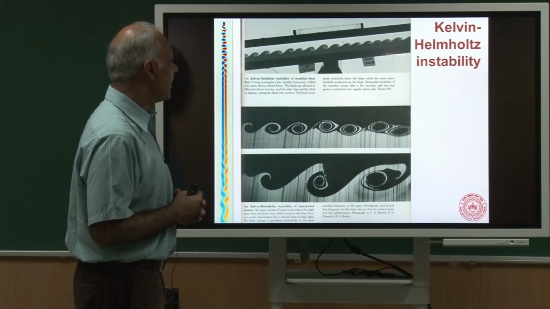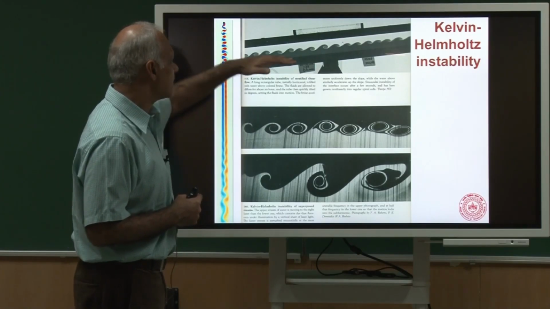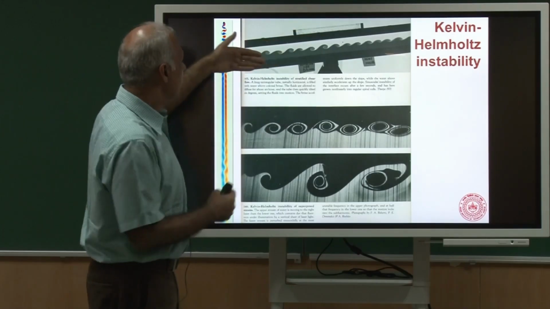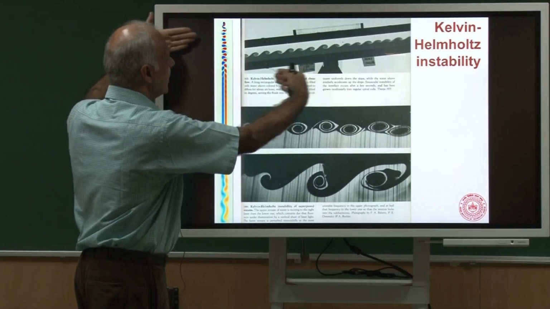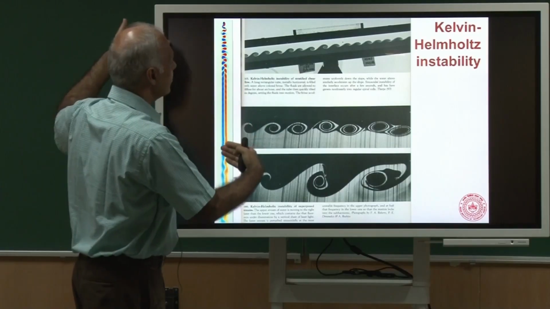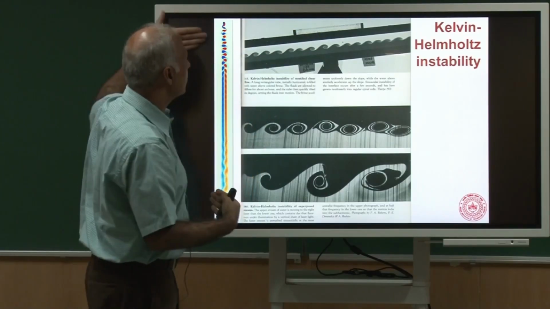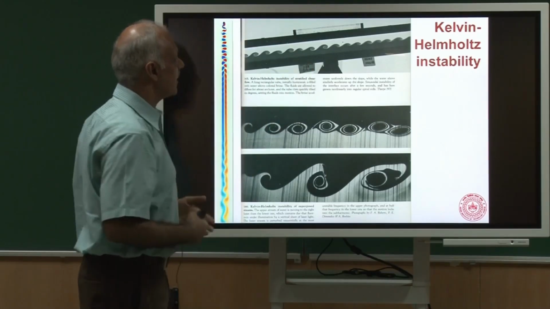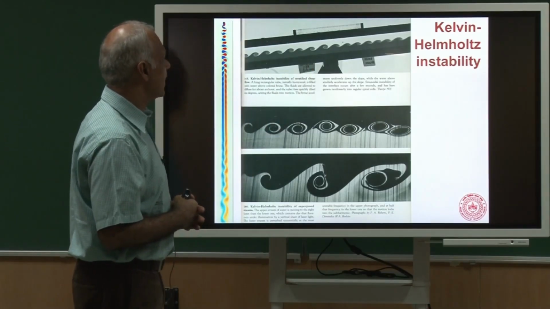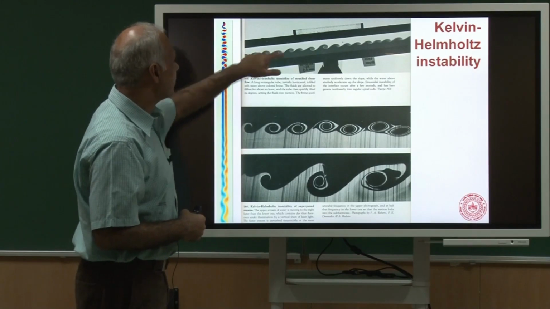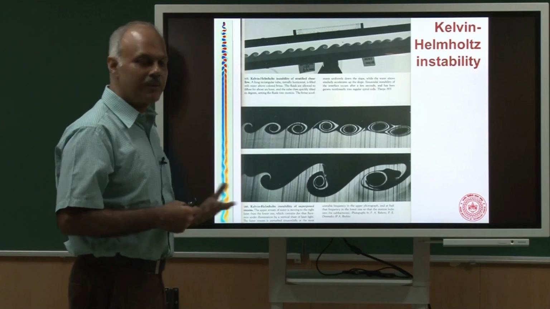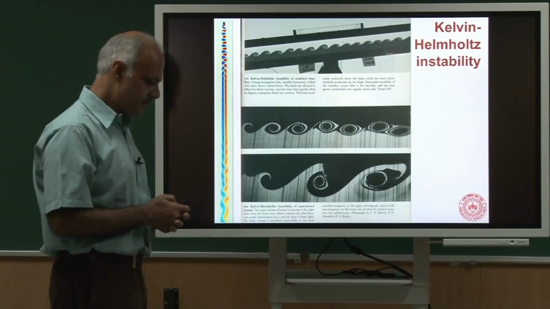So the brine accelerates down the slope and the water accelerates upward. So you get some kind of a counter-moving flow. So the flow at the top moves to the right, and the flow at the bottom is going downwards to the left, and because of that you generate some instabilities, which are these fascinating structures. Okay, people have even seen them in clouds.